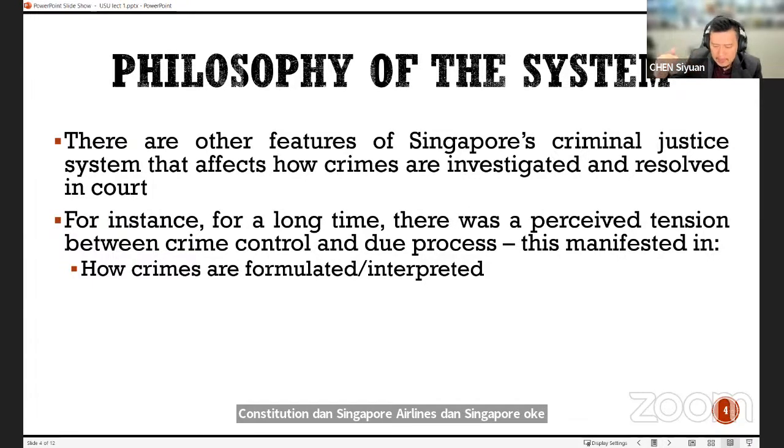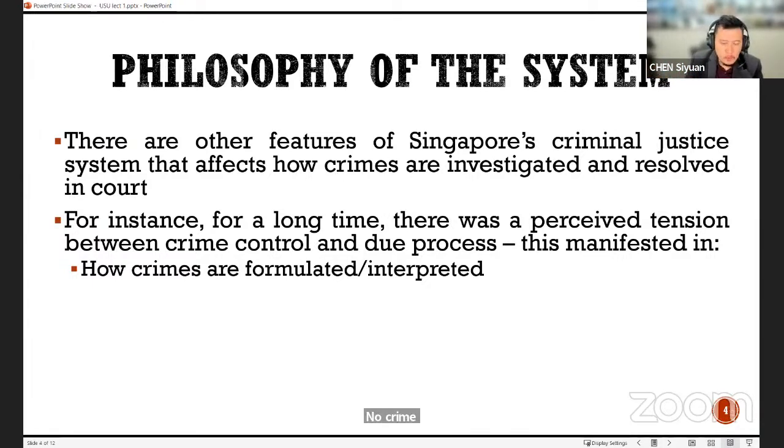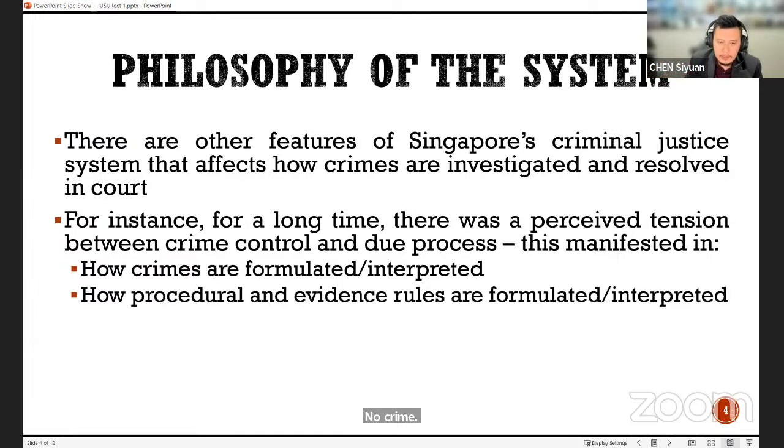At its highest level, it was quite easy to catch everybody with this common intention provision, right? There were certain cases decided from the 80s to the early 2000s that facilitated this idea. But over time, I think that idea has been read down. And so now it's not so easy to catch a group of people with just one provision. You might need to independently show that other persons who were involved also had the same intention. So that's for substantive criminal law.